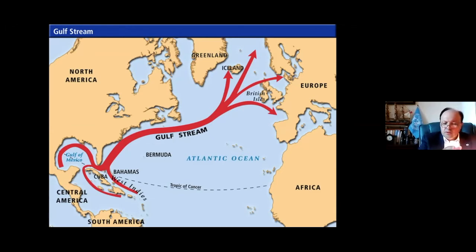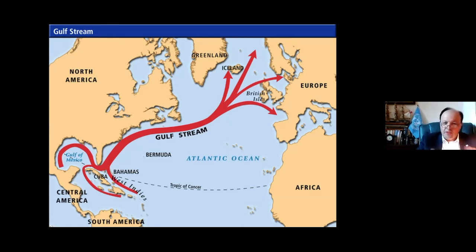Now, the ocean transports heat through masses of water, warm surface waters in this case. Masses of water will travel from the warmer waters of the lovely Caribbean areas and the tropics, and travel north to the North Atlantic. And when it starts reaching the North Atlantic, and particularly Western Europe and Iceland,